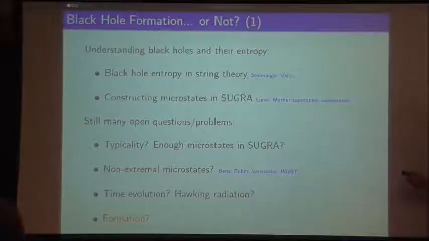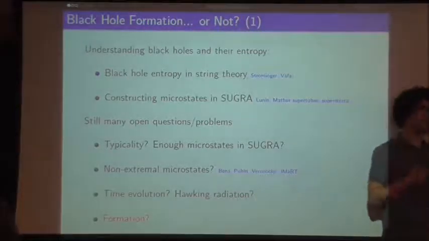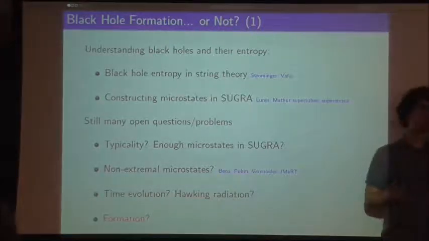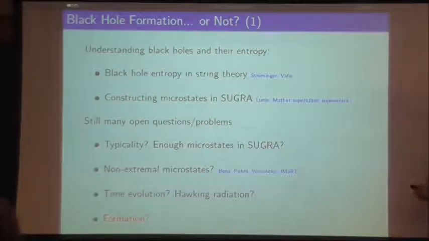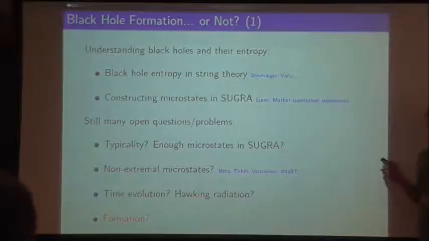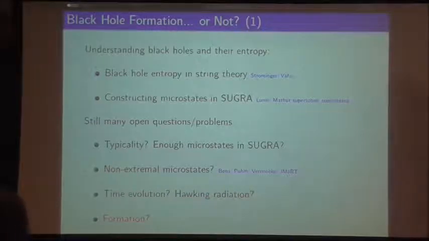More recently, first with Lunin and Mathur, the supertubes, and even more recently the superstrata, there's a program of constructing these solutions directly in supergravity. So instead of dialing the string coupling back and looking at a brane picture, the idea here is really to look at these solutions directly in supergravity, at large string coupling in the supergravity regime. And this is basically the program of Iosif Bena, Nick Warner, and many others. They've been able to construct fairly general solutions which they expect to correspond to microstates of this D1D5P, this three-charge black hole.